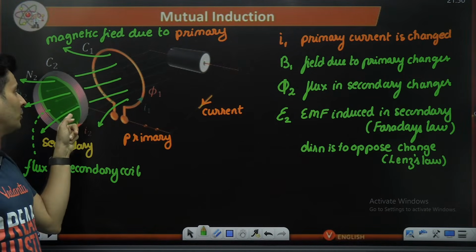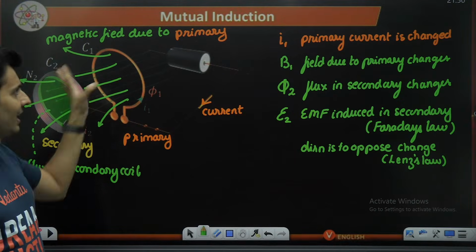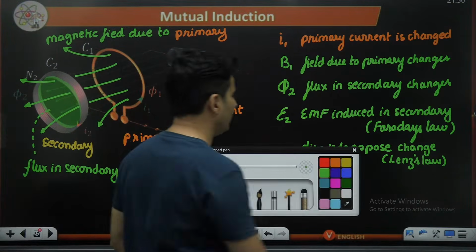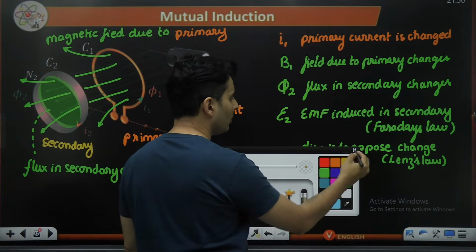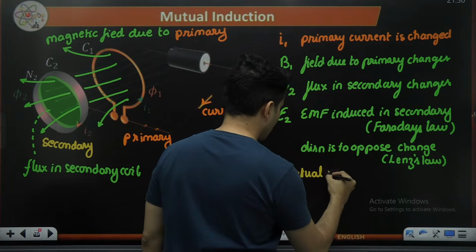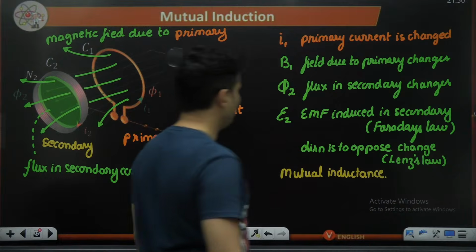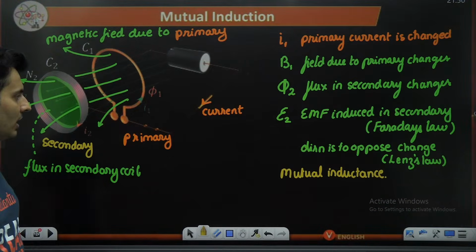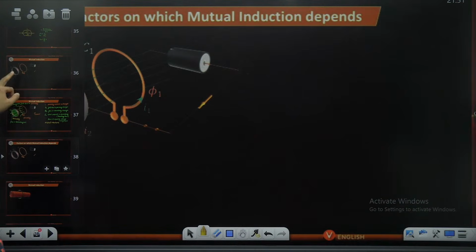This guy is telling, this is like a friend. You are trying to change. This friend is telling, don't change. That is then called the mutual inductive property. Yeah, this is then your mutual inductive property. Is that okay? So this is now your mutual inductance. I hope this is absolutely clear. And now we can figure out how much is that mutual inductance and how much is the value of that mutual inductance and everything. So let's have a look at it.